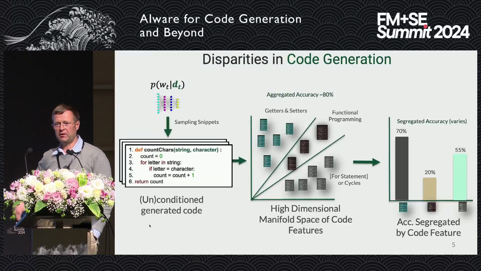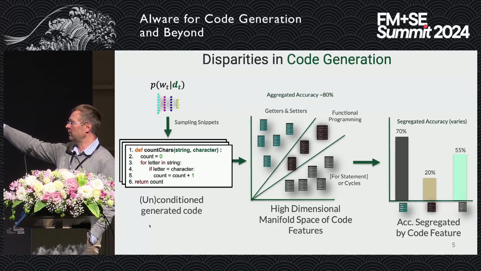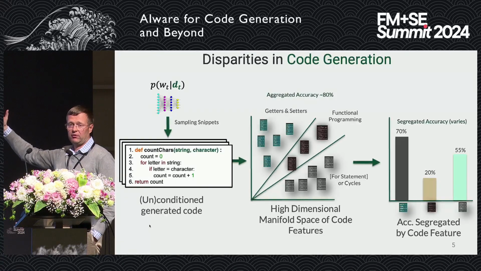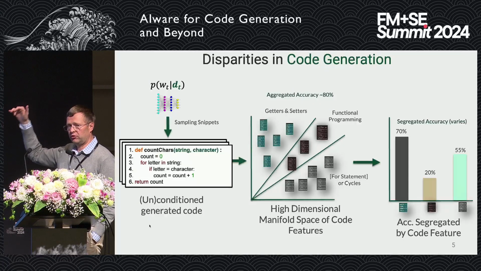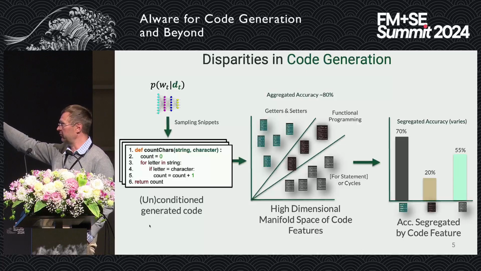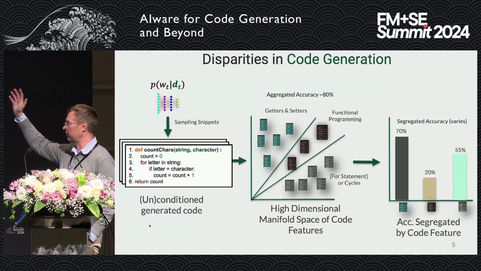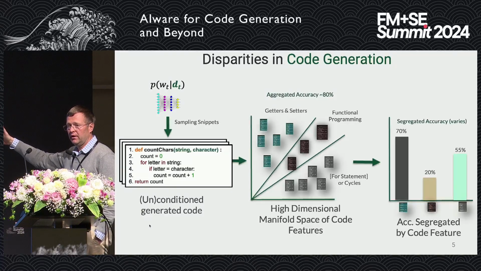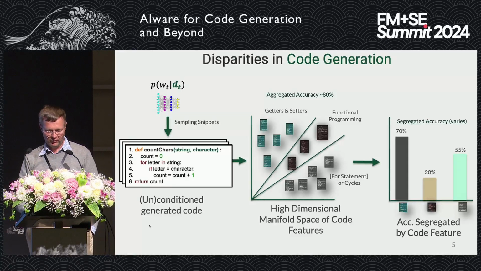And we can easily find a bunch of examples in the software engineering context. Let's say you have your language model generating some code, and let's say the aggregated accuracy of the generator is 80%, which is pretty good, right? But then you drill down into the classes of the results, and you can see that you have getters, setters, some functional programming snippets, and for statements. You can see that the performance of the model varies depending on the type of the